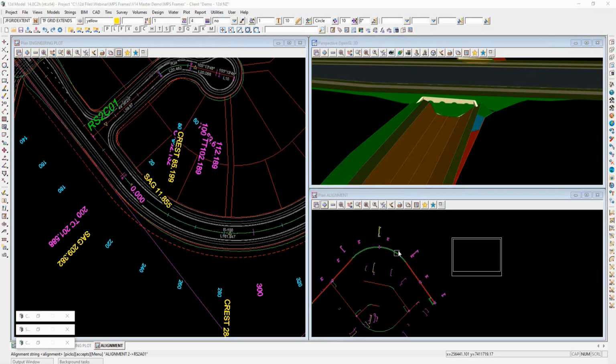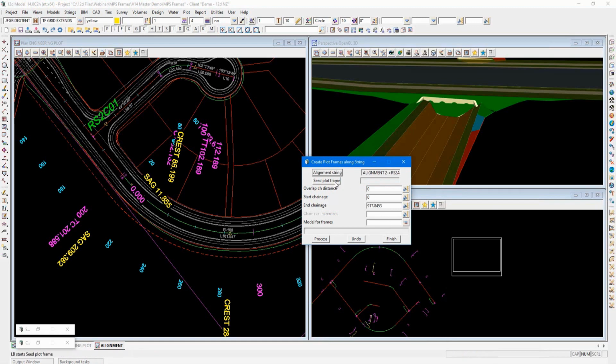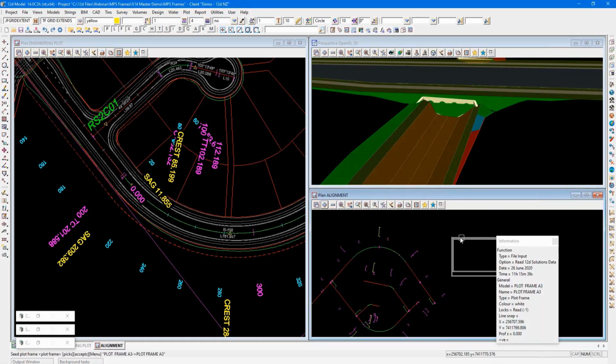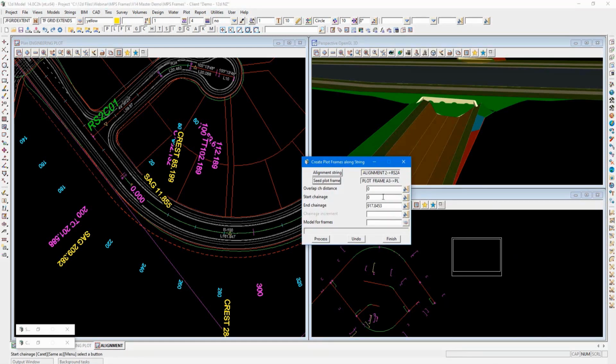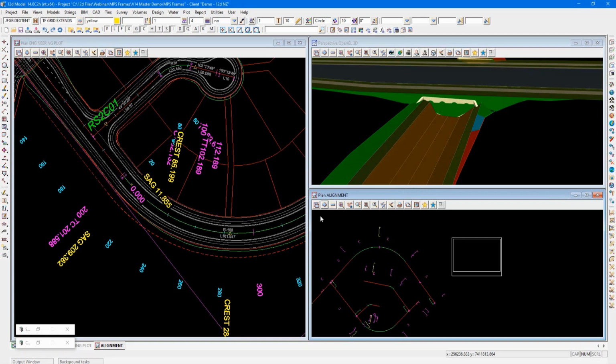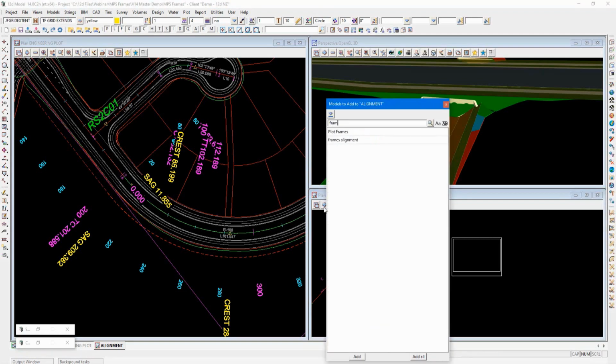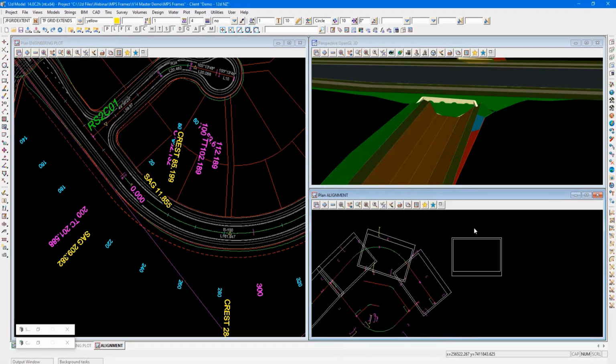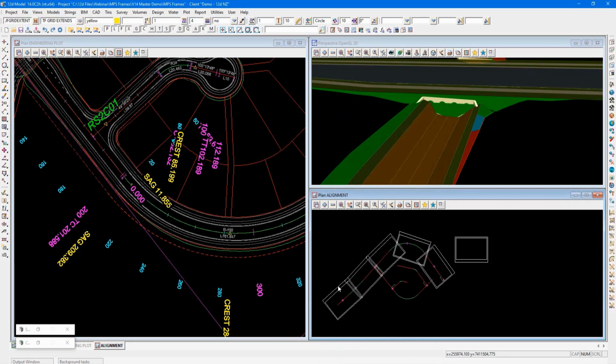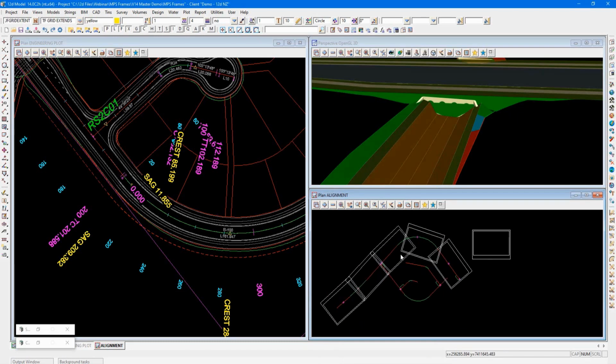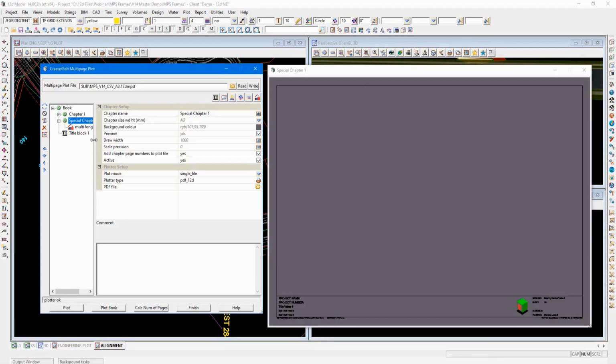I can choose the alignment string that I want to automatically arrange these plot frames. The seed plot frame, which has got the size and the scale. I'm going to put an overlap distance of 10, and I'm going to create another model called frames alignment. And go process. And what that has done is it's created a model of plot frames which are automatically aligned and arranged along the alignment,